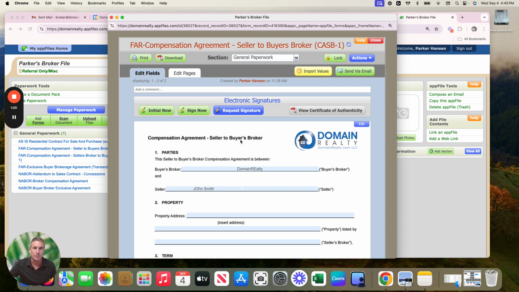There's the listing agreement, which is the agreement between the seller and the listing office. There's the buyer broker agreement, which is the agreement between Domain Realty and your buyer. And now there's going to be a third contract, which is, in this case, the seller to buyer's broker. And the reason why I make this crystal clear is because it doesn't matter